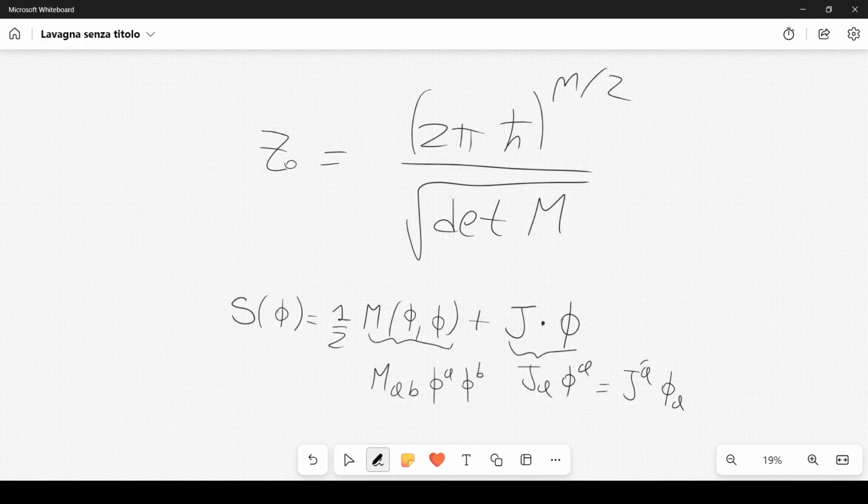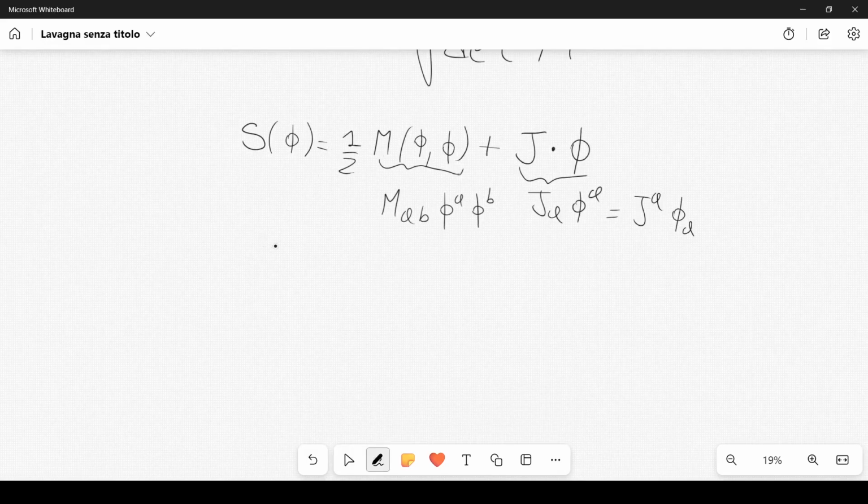It doesn't really matter. Anyway, how do we take into account this J, which represents a source? This is also known as a source for the partition function. Well, we can rewrite this